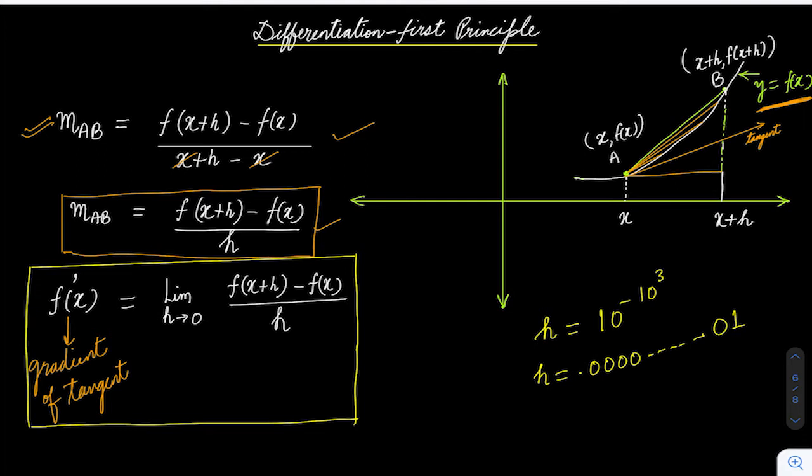Okay, so for now this much is enough. All you have to remember is we have a chord, and if you start decreasing h, then suddenly it becomes a tangent. And this is the formula that we have to remember for first principle questions: f dash x is equal to the limit, this is important, limit h approaches 0. Now this limit concept is not there in the curriculum, so we are not discussing that. When we solve questions, we will see how to implement this.